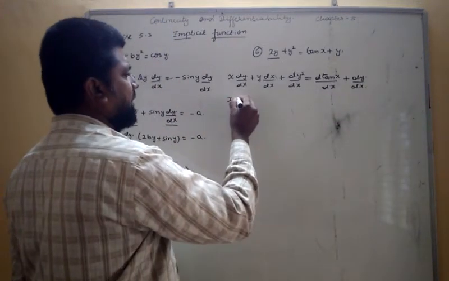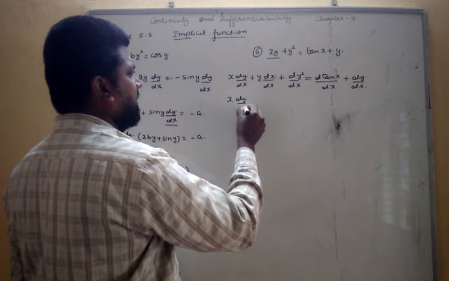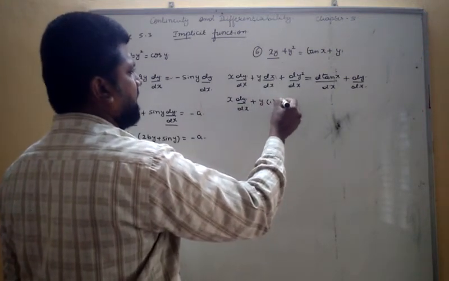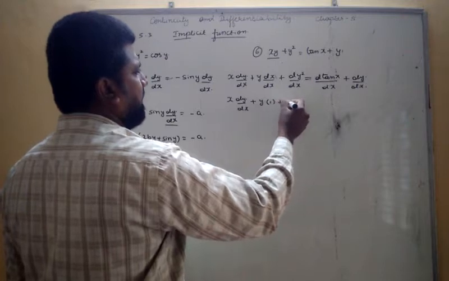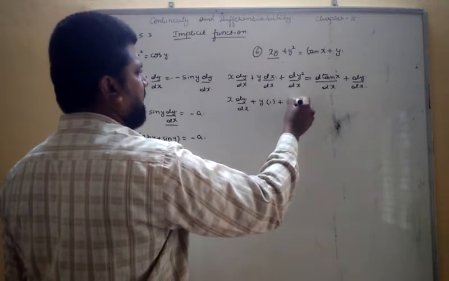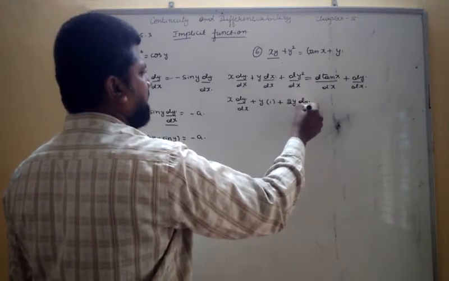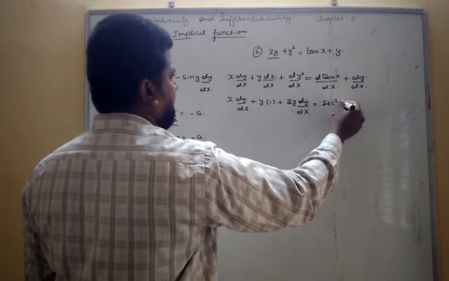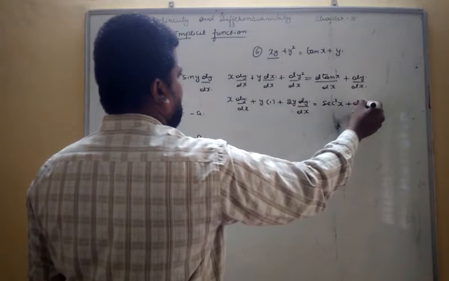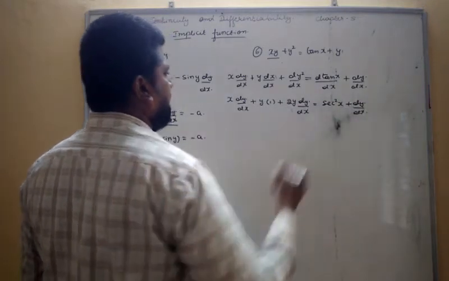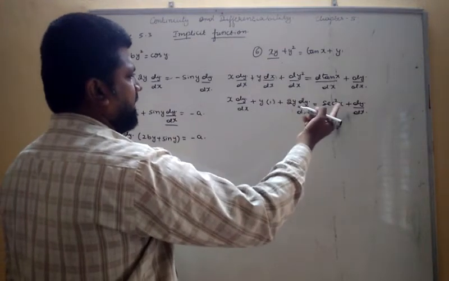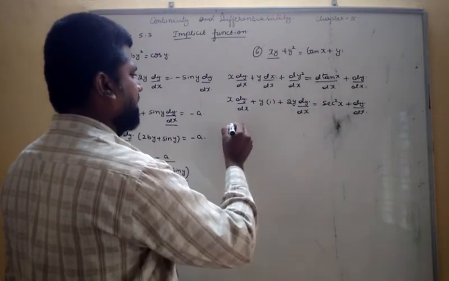So first function times differentiation of second function is dy/dx, plus y as it is times differentiation of x, which is 1. Then y² differentiation is 2y dy/dx. Then tan x differentiation is sec²(x + y) times (1 + dy/dx). Okay. Then shift the y terms to the right and take the dy/dx terms to the left.